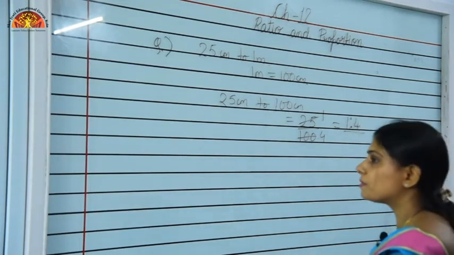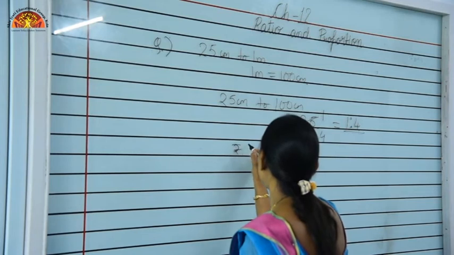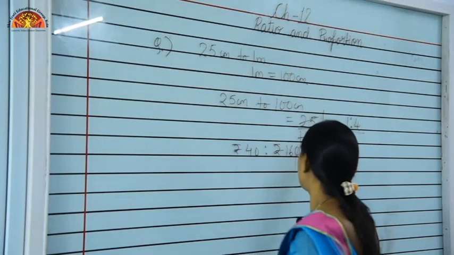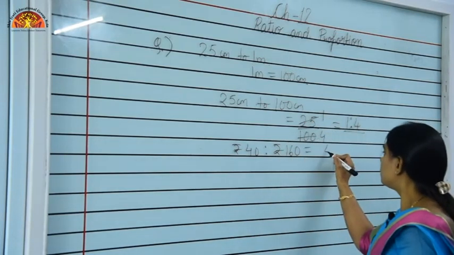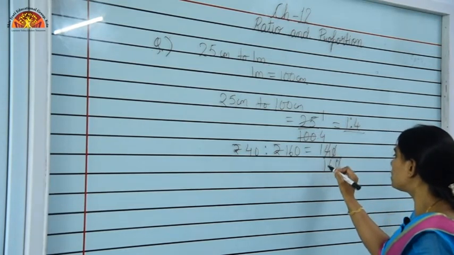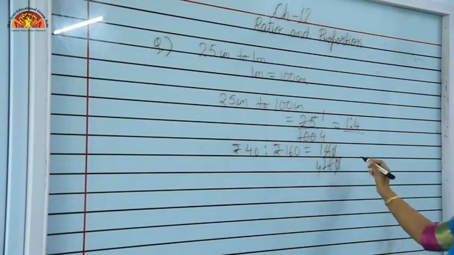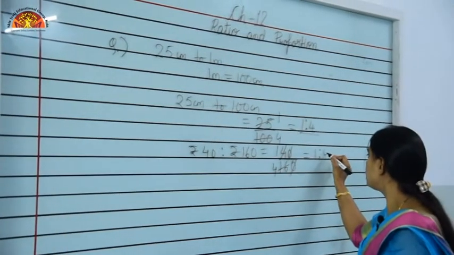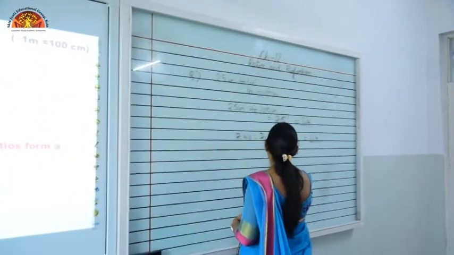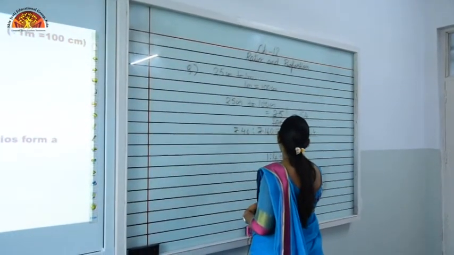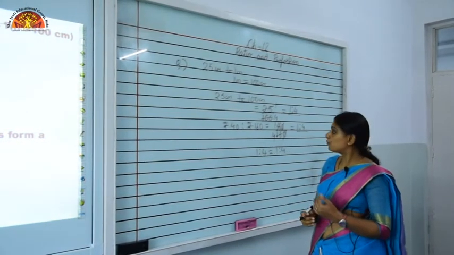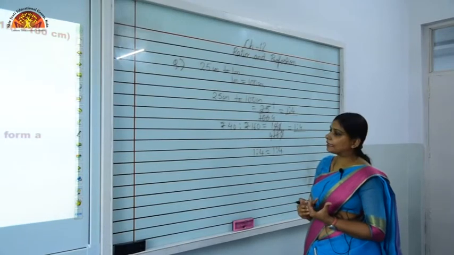Now the next two terms are rupees 40 is to rupees 160. Now we will find its ratio, that is 40 upon 160. So the 0 will be cancelled. 4 ones are 4 and 4 fours are 16. So again the ratio comes out to be 1:4. So we can say, children, that 1:4 equals 1:4. So all four terms are in proportion, and we also have to write down the middle terms and the extreme terms.